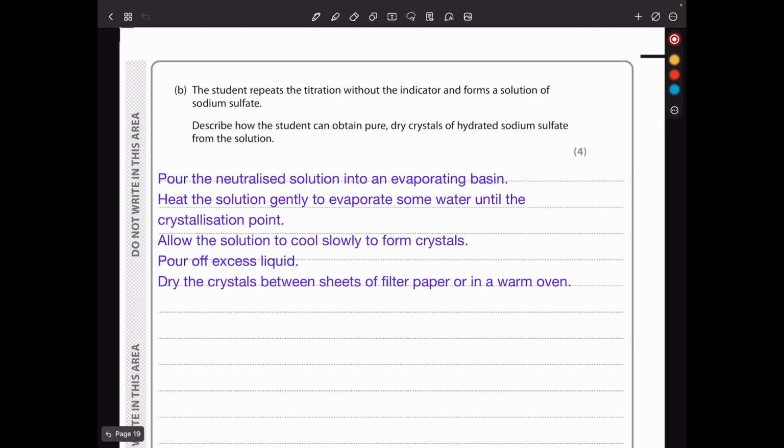In part B, the student repeats the titration without the indicator and forms a solution of sodium sulfate. Describe how the student can obtain pure dry crystals of hydrated sodium sulfate from this solution. So the student has to pour the solution into an evaporating basin and then heat gently to evaporate some of the water until the crystallization point is reached. Then you allow the solution to cool slowly so that more crystals form. You pour off the excess liquid and then dry the crystals using a sheet of filter paper or in a